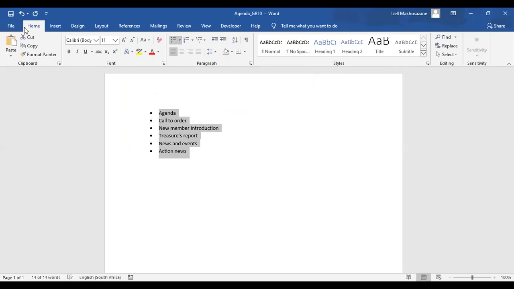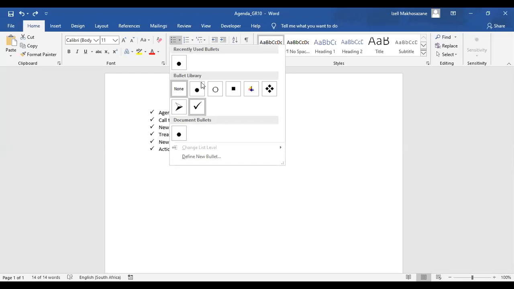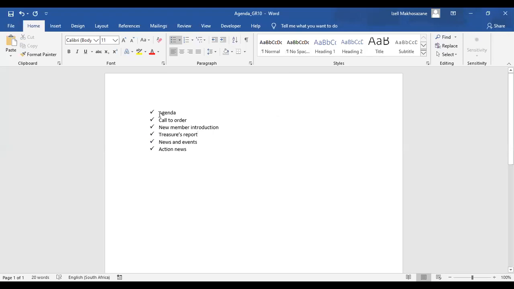I need something that is different. To insert your bullets, you can click on the drop-down list. The drop-down list is 1, 2, 3, 4, 5, 6, 7. If you want the ticks, here are the ticks. If you want